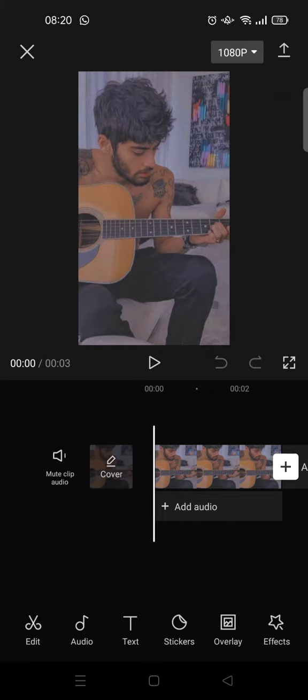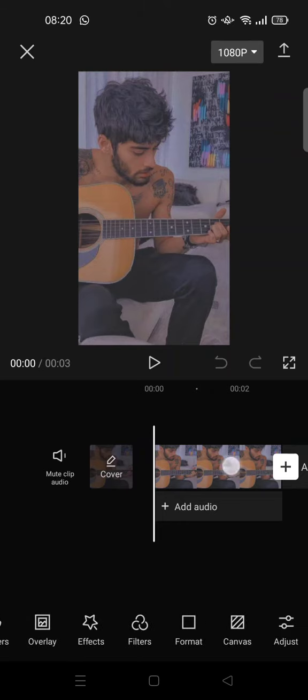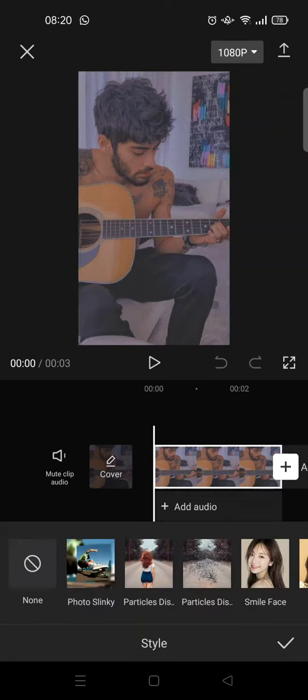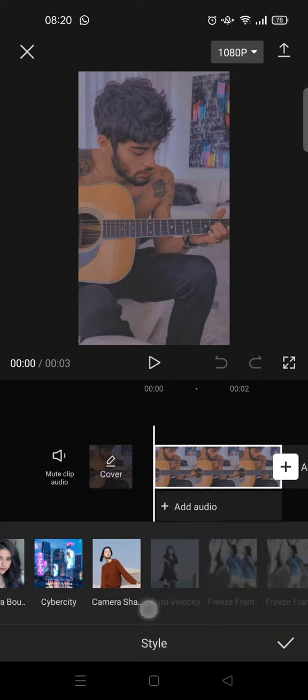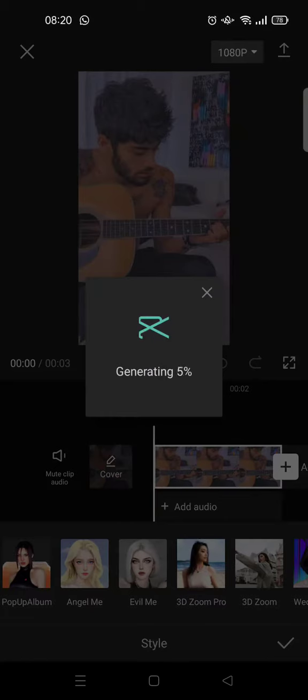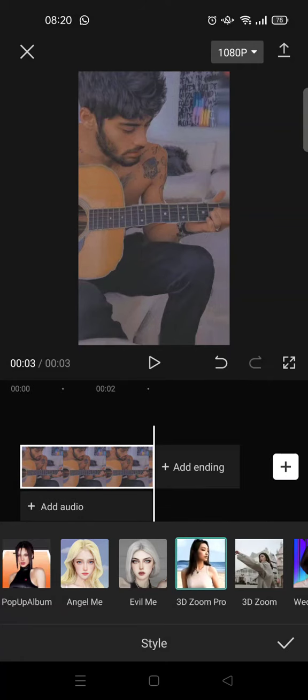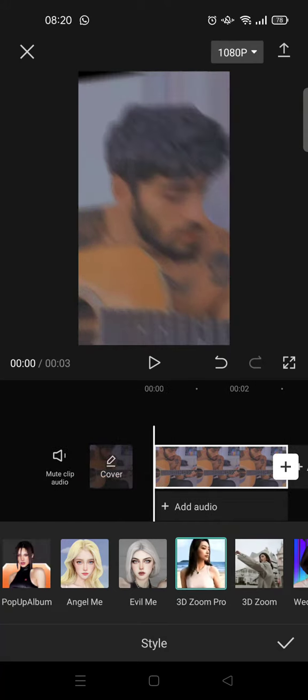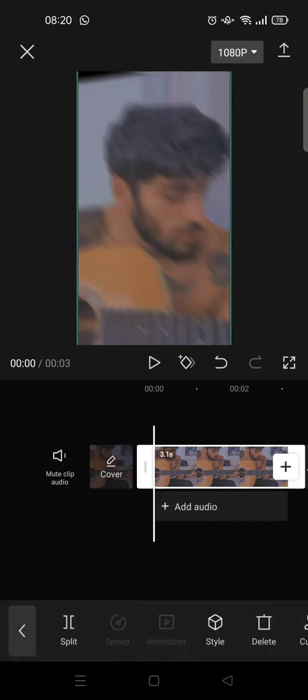So first, import your photo, and then go to style, click on your photo and go to style and find the 3D zoom pro. This one's right here. Click on this style and then it's generating, and now click on a check icon, then